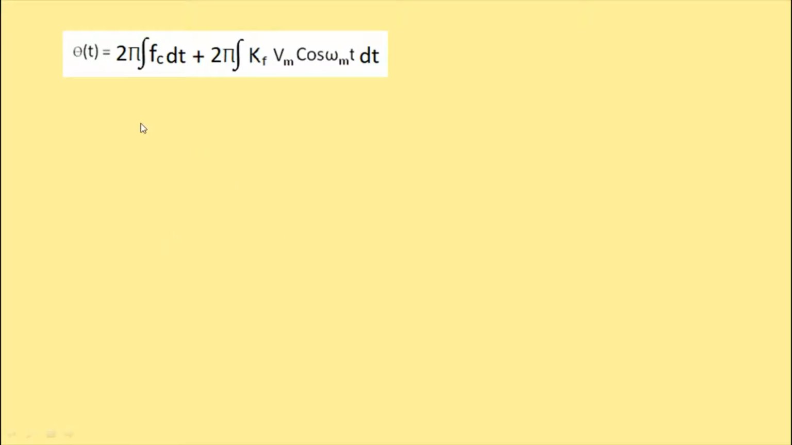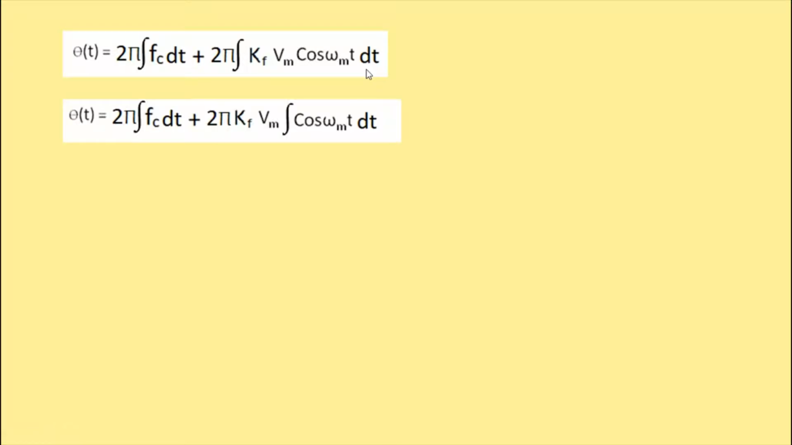So the next step will be separating out the integral sign. So what I get is theta of t is equal to 2 pi integral fc dt plus 2 pi integral kf vm cos omega mt into dt. Now here students, I have taken out kf and vm, which are nothing but constants. So I've taken them out of the integral sign. So the resulting expression has a small change here. The only integral sign is applied to cos omega mt, whereas kf and vm are pulled out of the integral